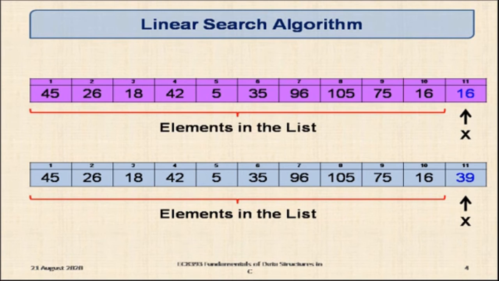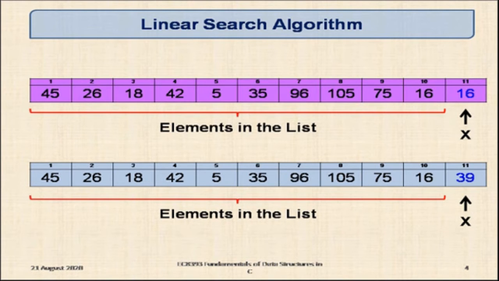Hope you understood. This is what is called the linear search. The drawback is that, fortunately, if the item to be searched is available in the beginning of the list, then it will be well and good, so time taken will be very less. Otherwise, suppose you see here in the second example, the item is available at the end of the array. That means the time taken for this process is too long. Also, when we have more and more values in the list, it's time consuming. So that is a drawback of the linear search.